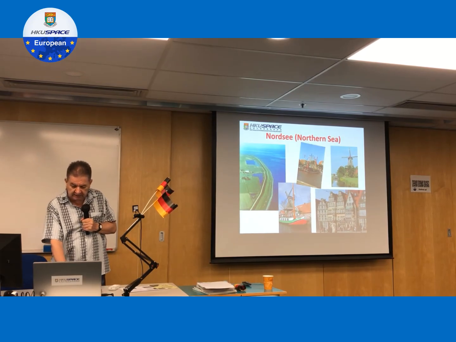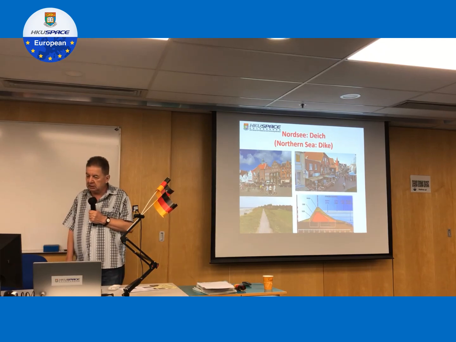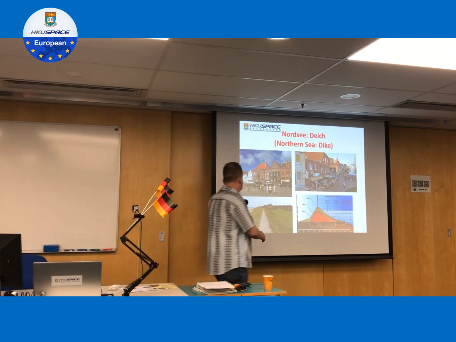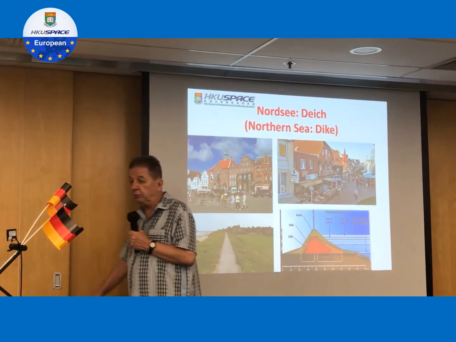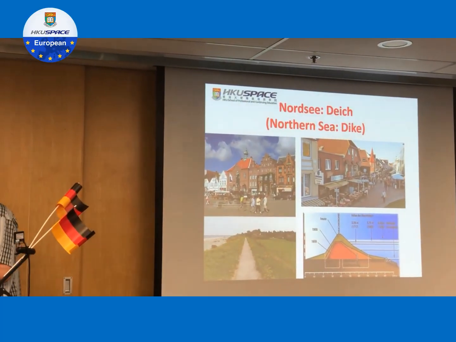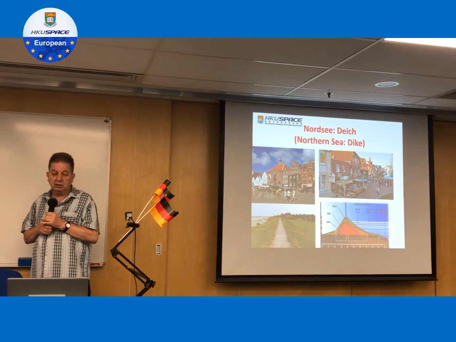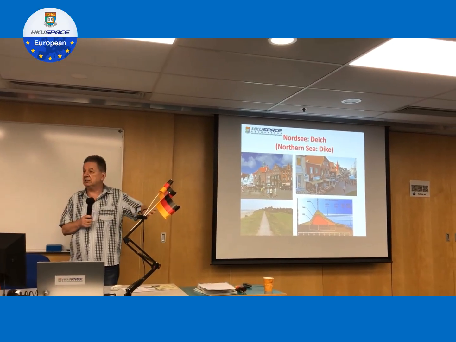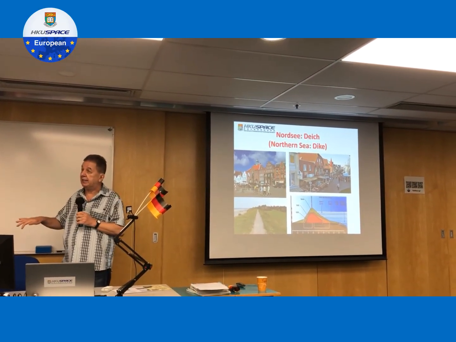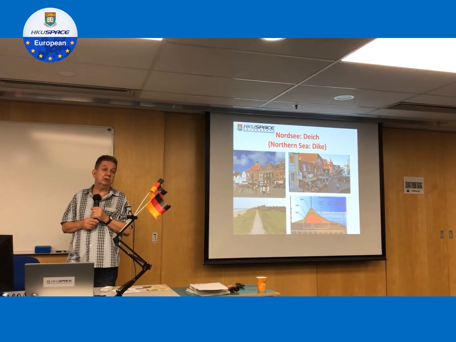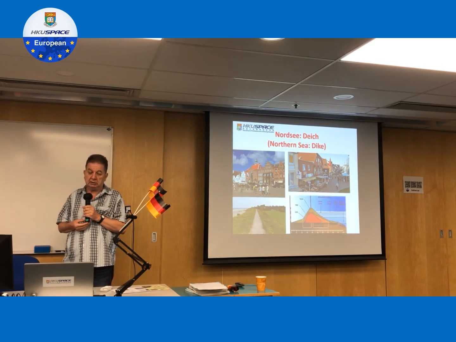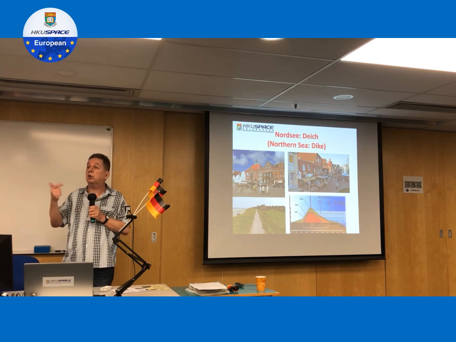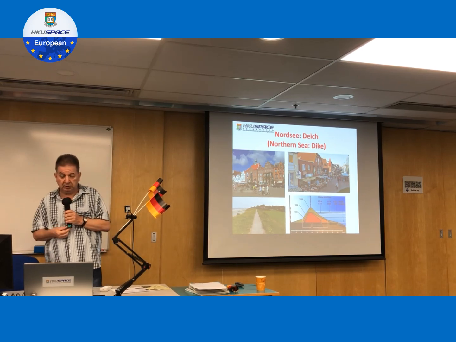Okay, let's go to the next part and have a look at the Deich. The Deich looks like this. It's not very high, but high enough. When you go there, you can rent a bicycle, or you bring your own bicycle. You have bicycle tours or you go hiking. When we look at the picture, on the left-hand side is the sea, on the right-hand side is the land. On the land, normally you see the typical black and white cows, which are typical for this area because it's an area famous for milk production, milk and pork. Milk and pork, that's basically what they produce here.